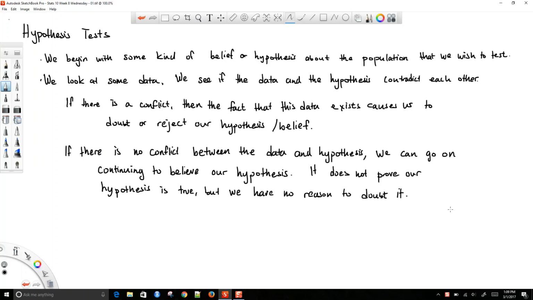And the way we measure if there's conflict between our data and belief, or between the data and hypothesis,